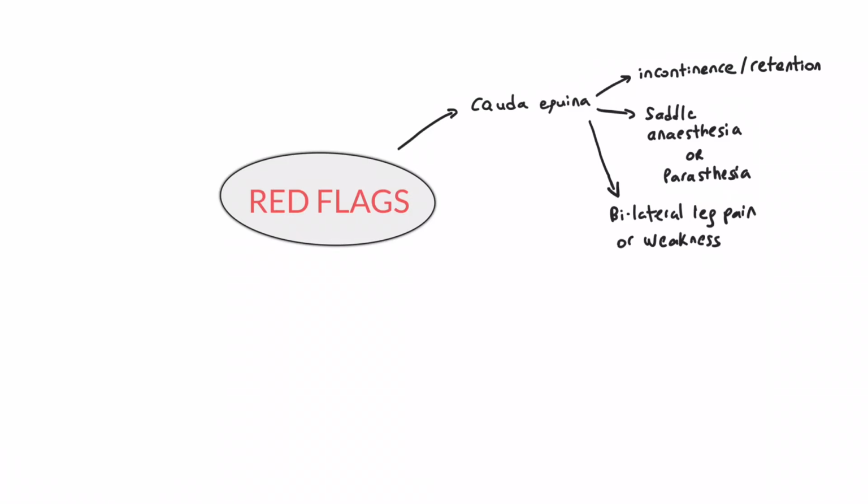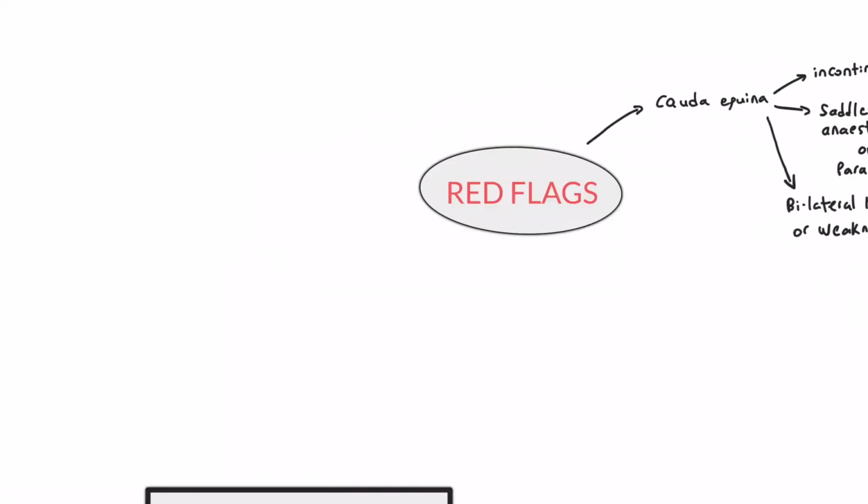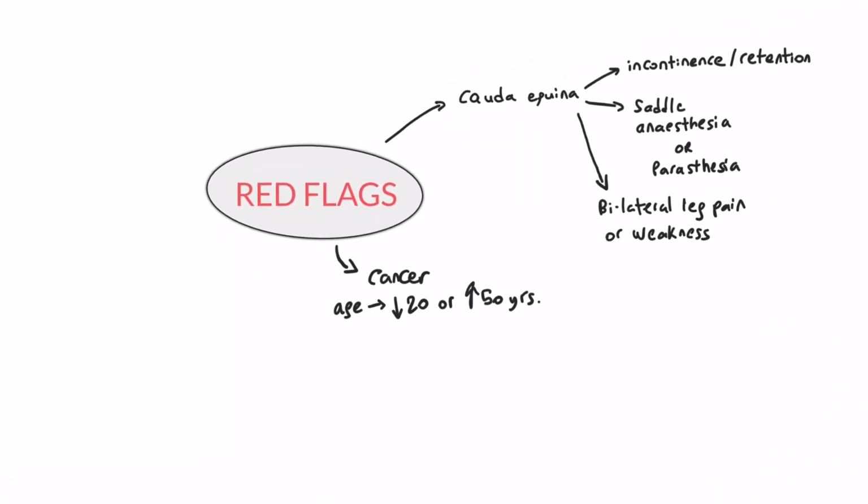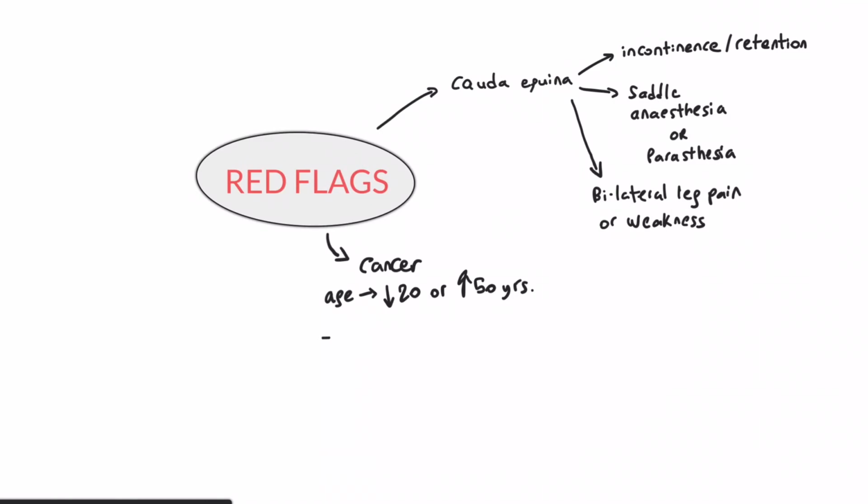This could be one of the differentials if you don't really have any other differential to present. Another important differential for lower back pain is cancer. This will be in a patient less than 20, or over the age of 50 years. They will present with non-specific back pain, and the onset could be gradual, I would say slow onset,